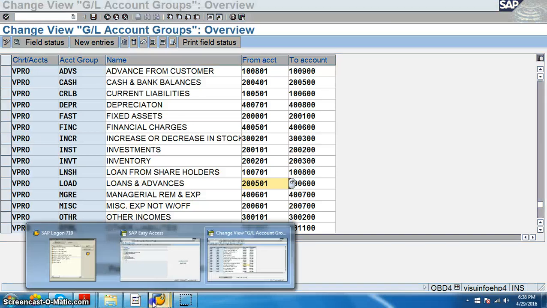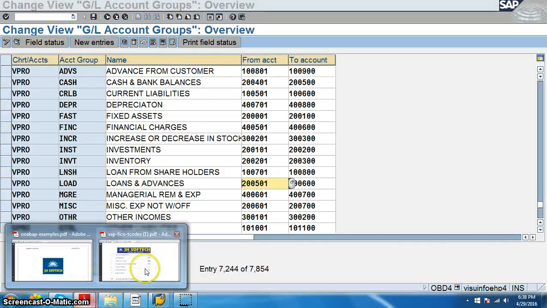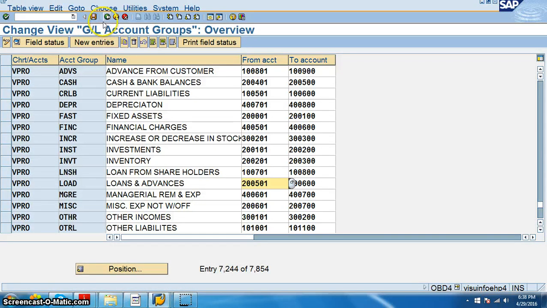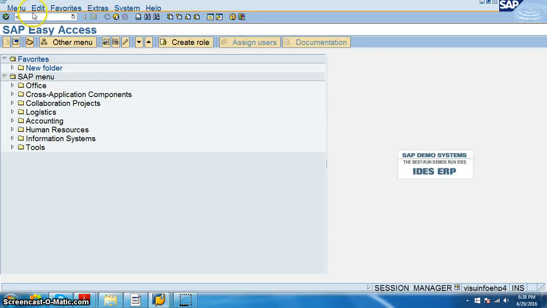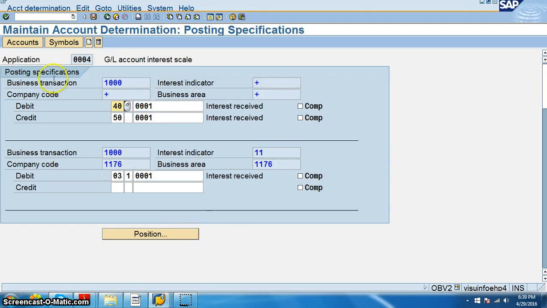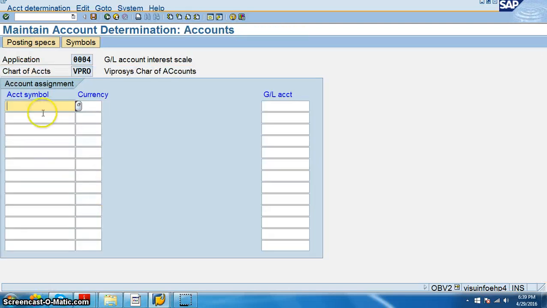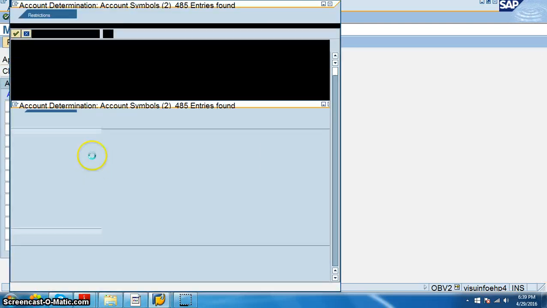Now what we have to do is, we created the GL account as 200503. Now assignment of accounts for automatic postings, OBV2. So we have to go for accounts. We will go for accounts, VPRO. Okay. So account symbol, we can give some account symbol here.